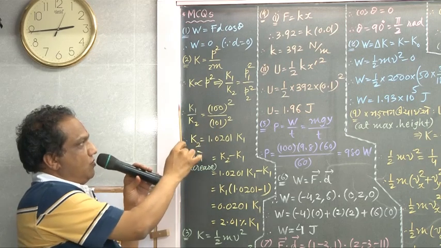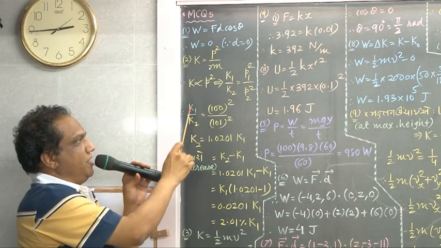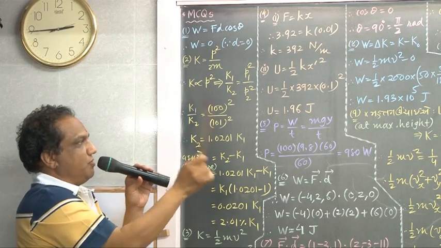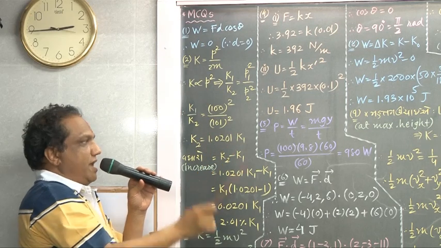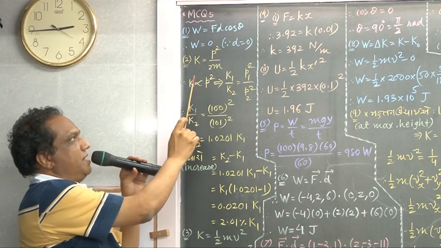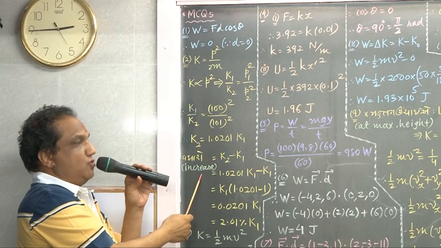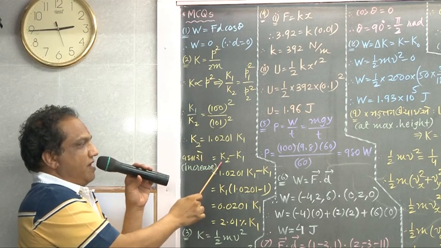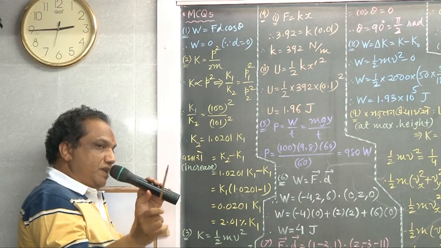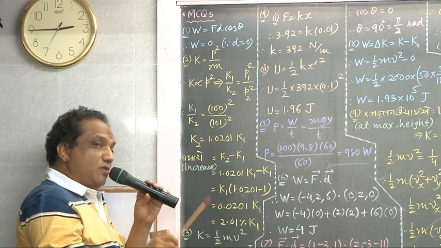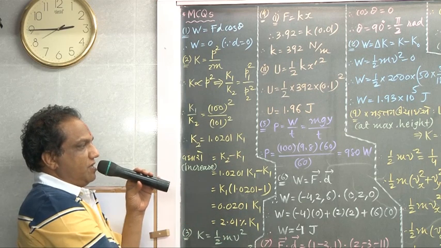Okay? Now always you should find out the final value in terms of the initial value. So here find out K2 in terms of K1. After simplification you get the value 1.0201, that many times K1. And now because momentum is increased, naturally kinetic energy also will increase. And whenever you want the increase in any value, you should always find the difference, final minus initial. Had it been decreased, then initial minus final. Because it is right now increased, then final minus initial. Final kinetic energy minus initial kinetic energy.